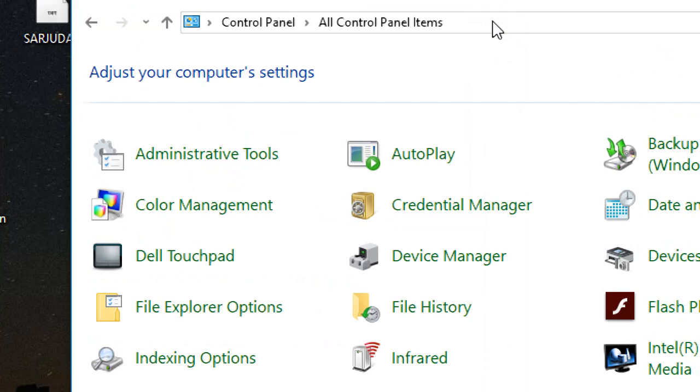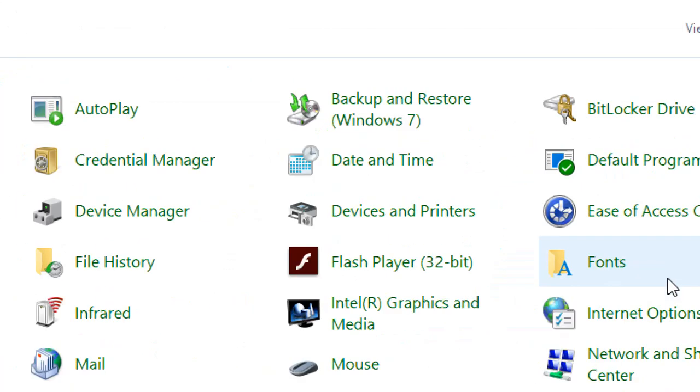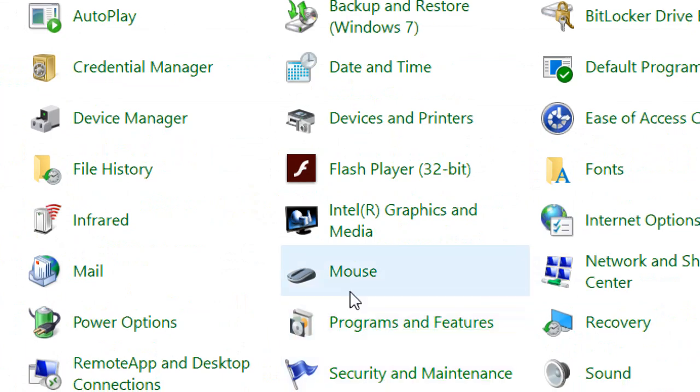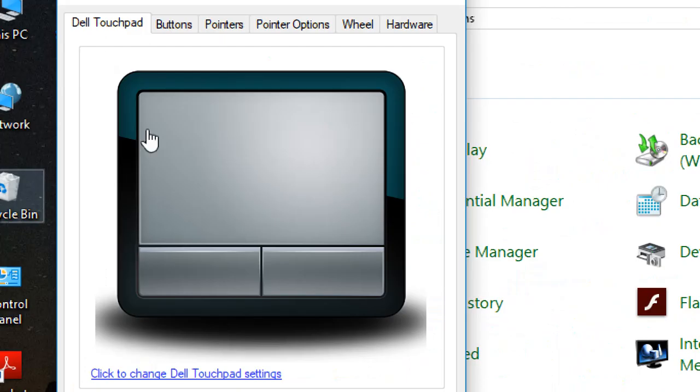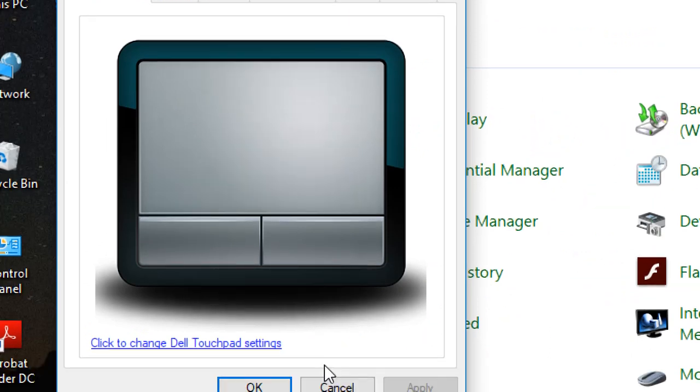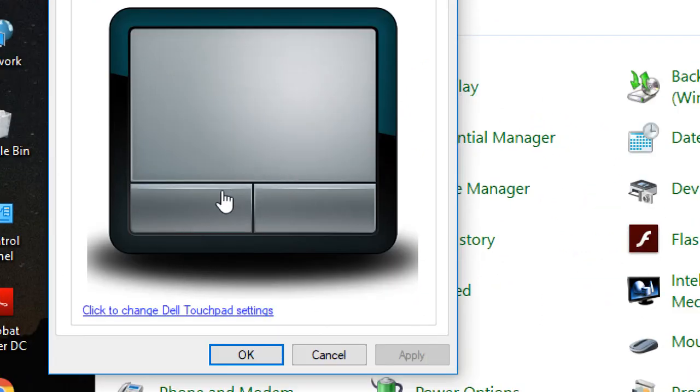Changing the mouse setting. Okay, I want to change the mouse setting. Then first of all find the mouse setting option. Here is M, mouse. You got it? Click on mouse. Okay, here are the two buttons. It is a laptop, so it will show you like this. But if it is a desktop computer, it will give you the picture of your mouse buttons. Understood everyone? This one is the left click and this one is the right click.